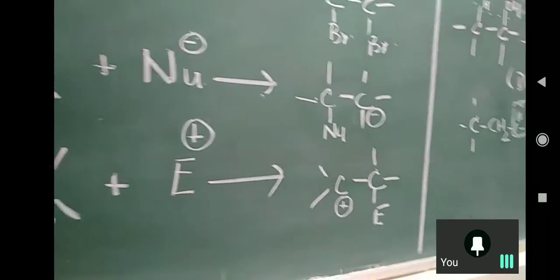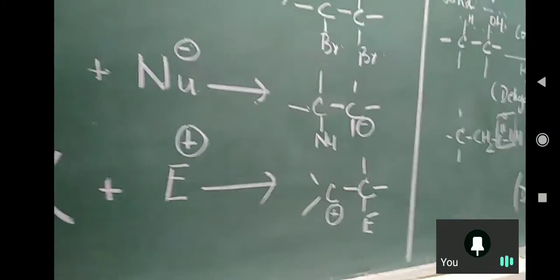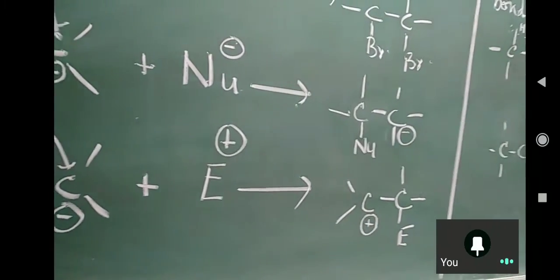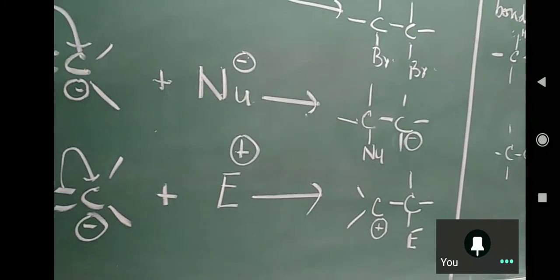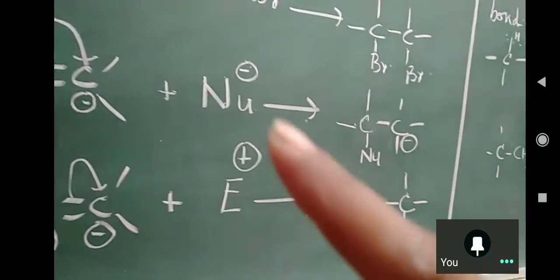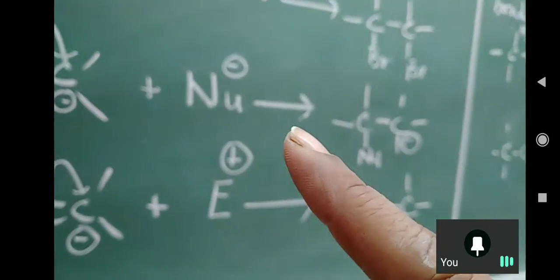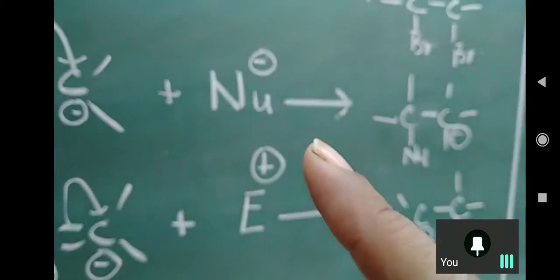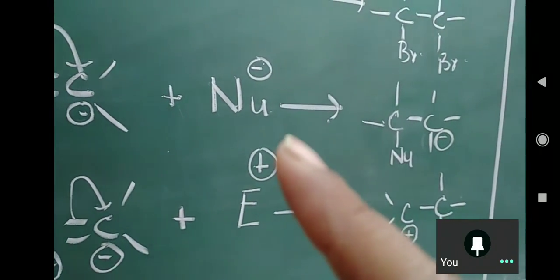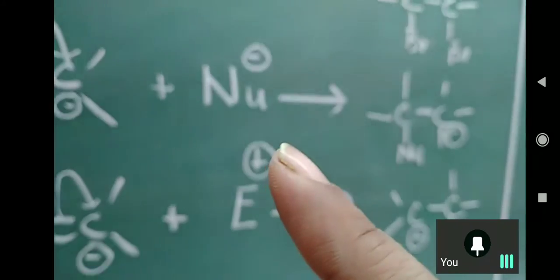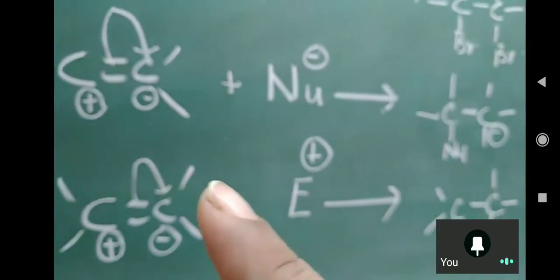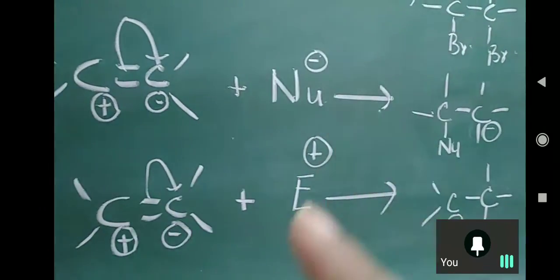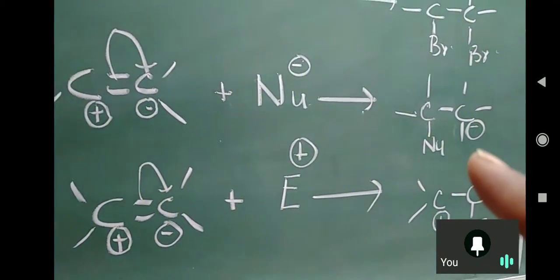Can you name some nucleophile? In the next chapter, organic chemistry under hydrocarbons, we will be doing nucleophilic addition and electrophilic addition. So nucleophile can be Br minus. Now look here, I can have HOH. What is that? Water. It will break up into H plus and OH minus. If OH minus attached first, this will be known as nucleophilic addition, followed by H plus will get attached here.